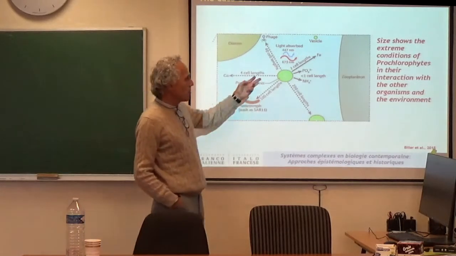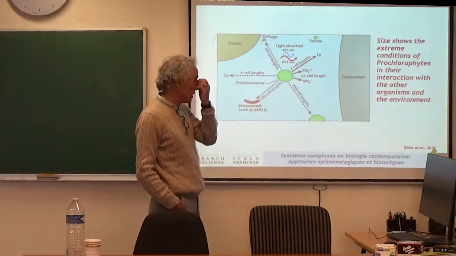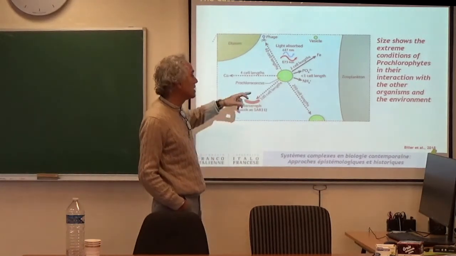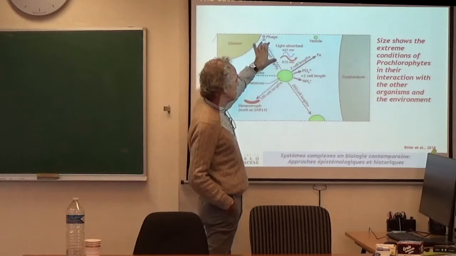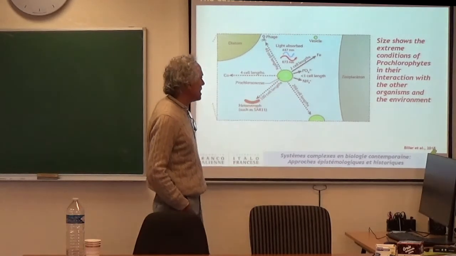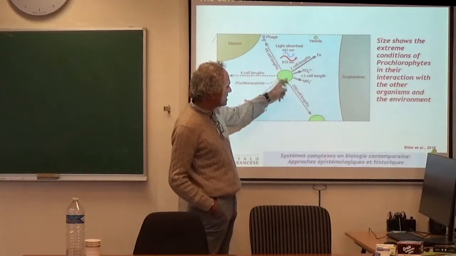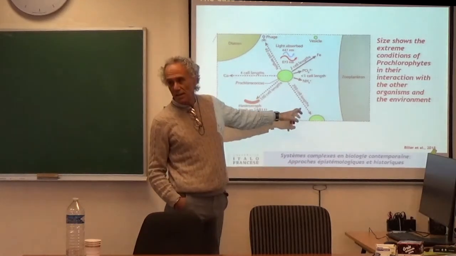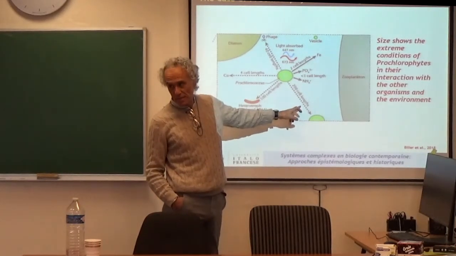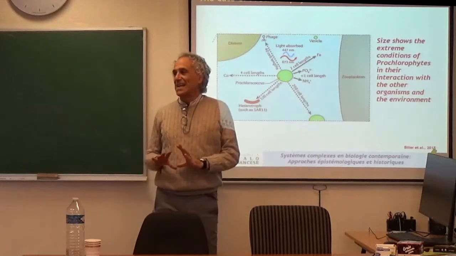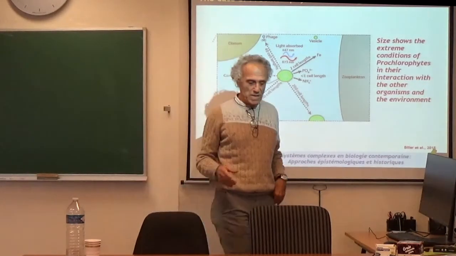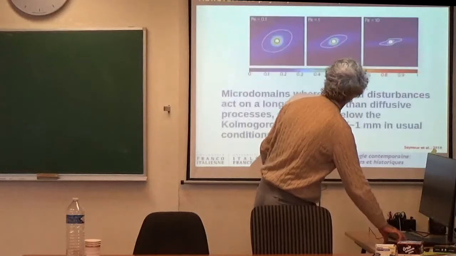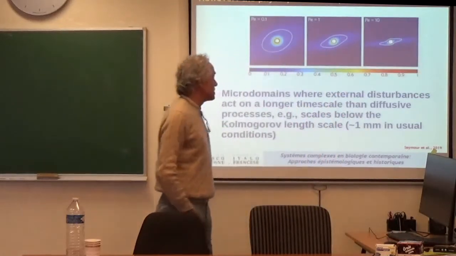And this is a prochlorophyte, the smallest autotrophic organism, and you can see from this picture which are the crucial scales. For example, the cell-to-cell distance is 200 cell diameters. So they are in a random distribution, quite far one from the other, despite their total abundance. So for this reason,